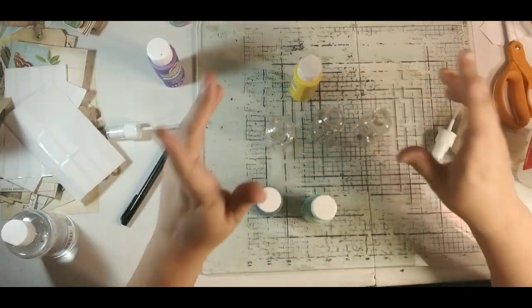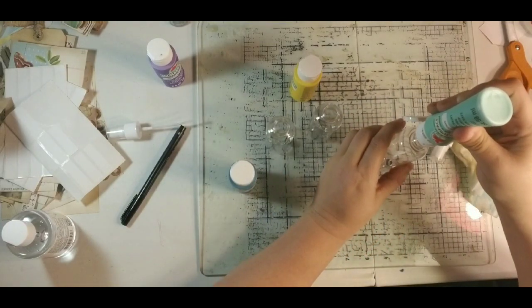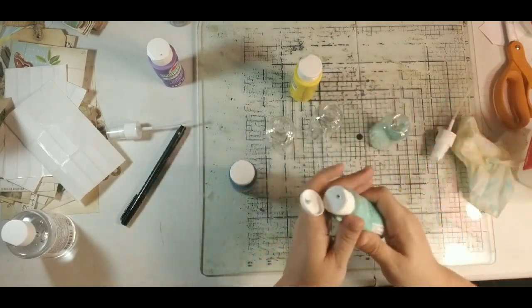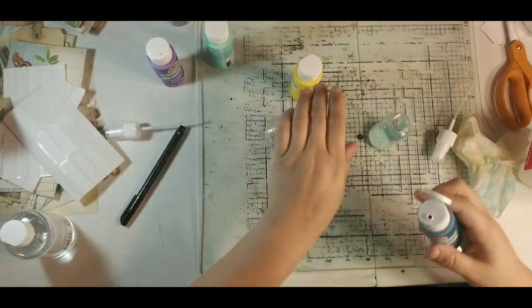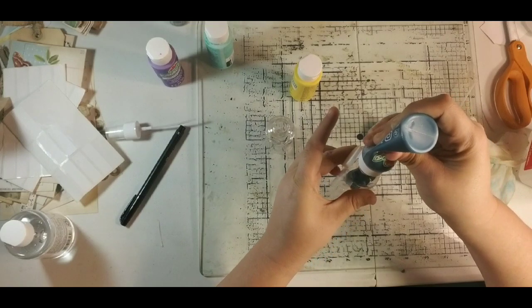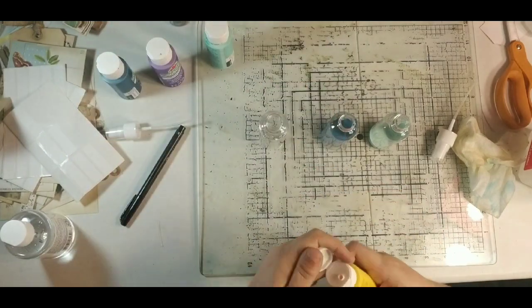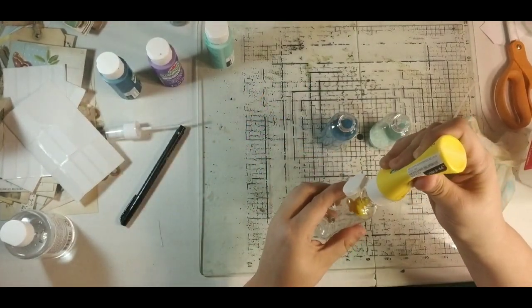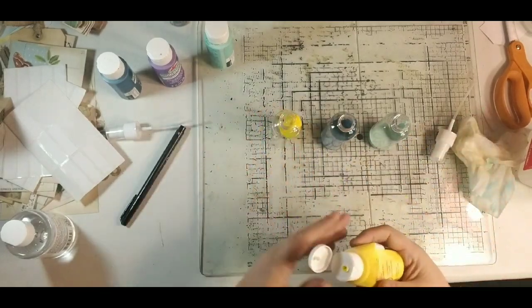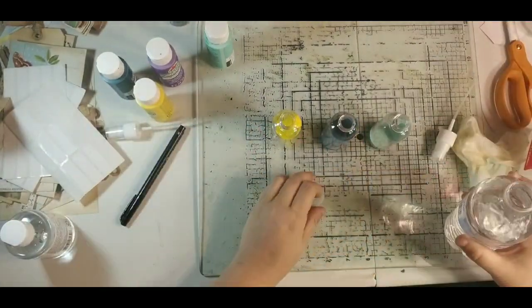Okay, so I can line all 3 up, grab my paints, drop my paint in there, grab my next paint. So, you know, if you get to where you're doing a whole bunch of these, it's a lot easier just to sort of line them up and do them one after another. That's lemon yellow, and it is so bright yellow. I love it. Okay. And just work down your...